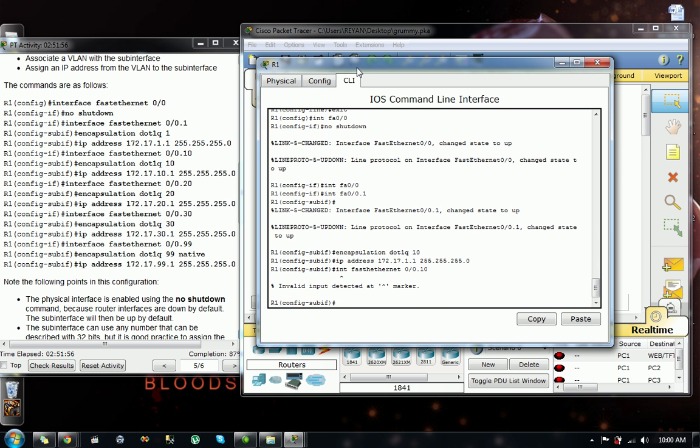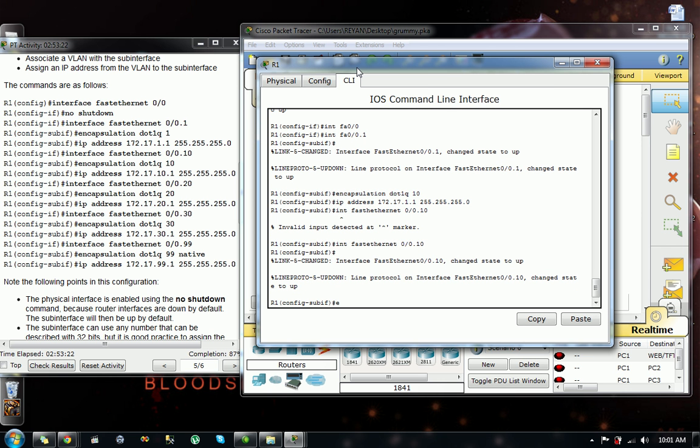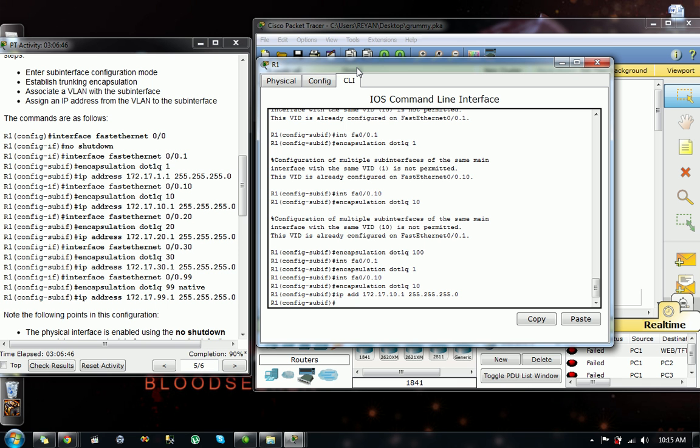Enter, encapsulation, sorry I have an error, and then it's Fast Ethernet 0.1, and then enter again, and then encapsulation dot 1Q space 10, and the IP add is 172.17.10.1, and the subnet is 255.255.255.0. Enter, then interface FA